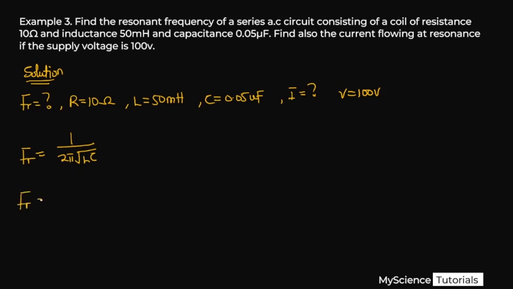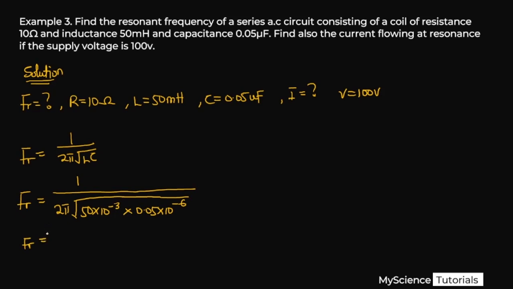So resonant frequency is equal to 1 over 2 pi the root of, our L over here is 50 times 10 raised to the power minus 3 multiplied by our capacitance C, which is 0.05 times 10 raised to the power minus 6. Okay, so if we compute everything we have over here into our calculator, we are going to get 3.183 kilohertz